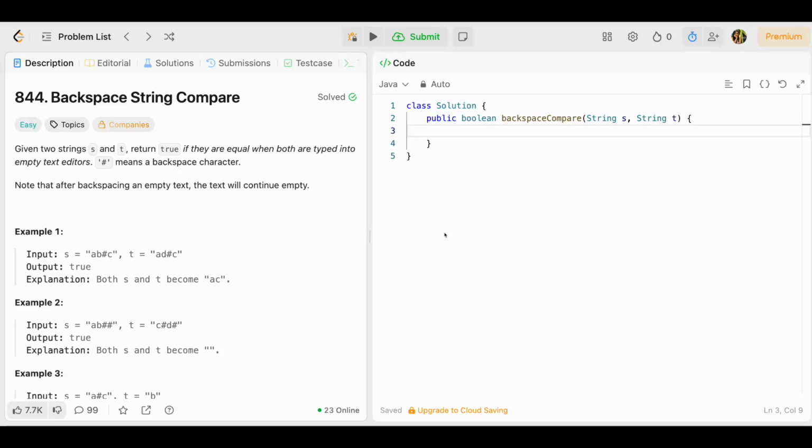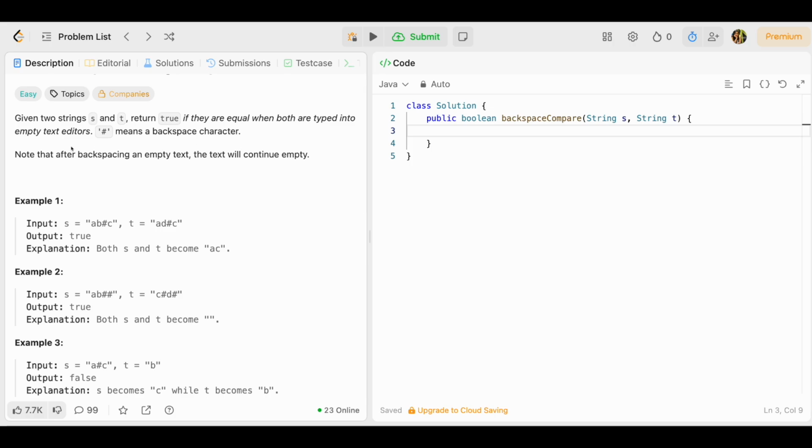To today's video. In this video we are going to solve one more Leetcode question. The question is 844, Backspace String Compare. It comes under easy, but it's a very good question. So let's get started. Given two strings s and t, return true if they are